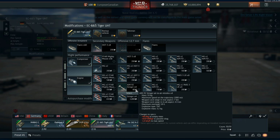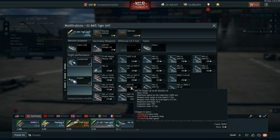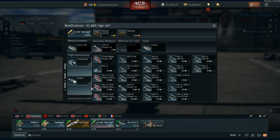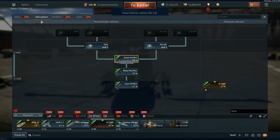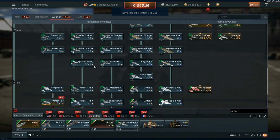But the main one is the Stingers, I think, is what people are going to go for. So the Stingers, they have a weapon lock in rear aspect of 7 kilometers, maximum speed of 1,000 meters per second, and a weapon lock range in all aspects of 4.5 kilometers. So these are incredibly deadly, mainly down to the maximum overload, 18 Gs, some of the highest turning missiles in the game. I think even the SRAMs for the Hunter F6, I don't think they even have 18 Gs worth